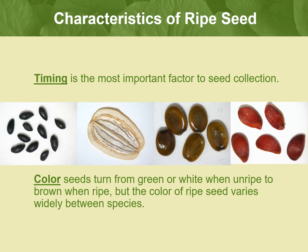In general, seeds turn from green or white when unripe to brown when ripe, but the color of ripe seeds varies widely between species. In this series of photos shown on the slide, all of the seeds are ripe, however the color of ripe seed varies from species to species. If you are unsure if seeds or fruit are ripe or mature, do not collect them. If possible, dissect or cut fruit open and photograph the fruit or seeds and email the photos to Kate Wellspring